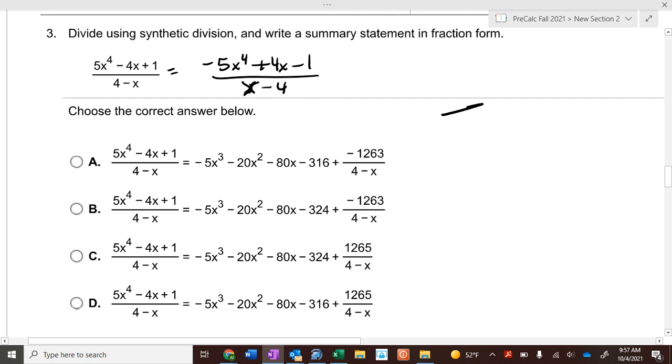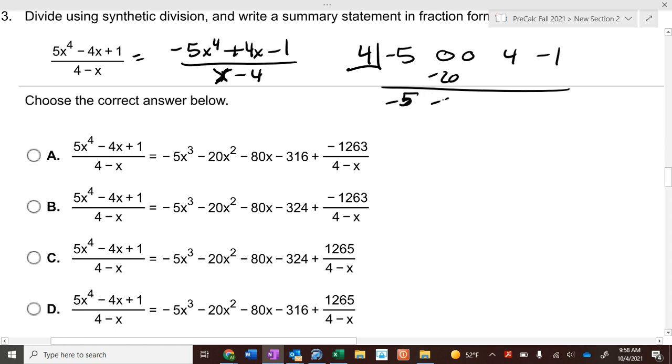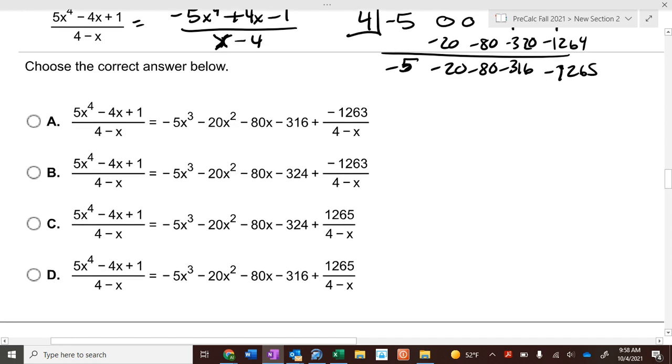Now we go 4, and then 5, negative 5, 0, 0, third, second, first, negative 1. Negative 5, negative 20, negative 20, negative 80, negative 80, negative 320, negative 316, negative 1264, negative 1265. There we go. Which would be